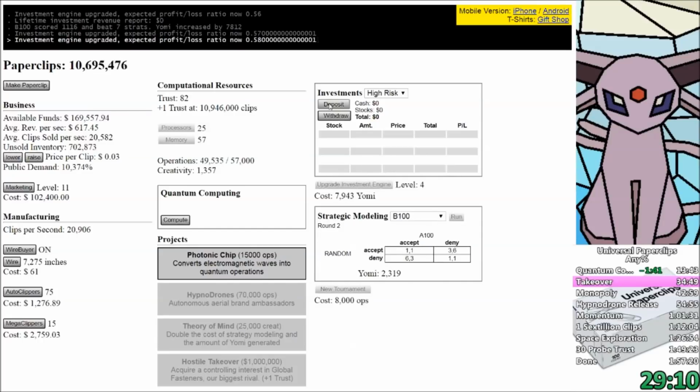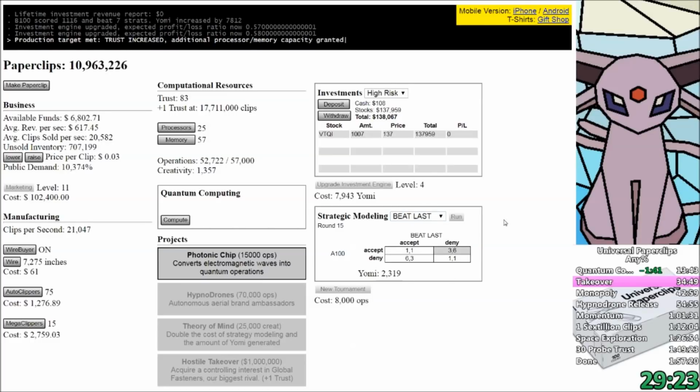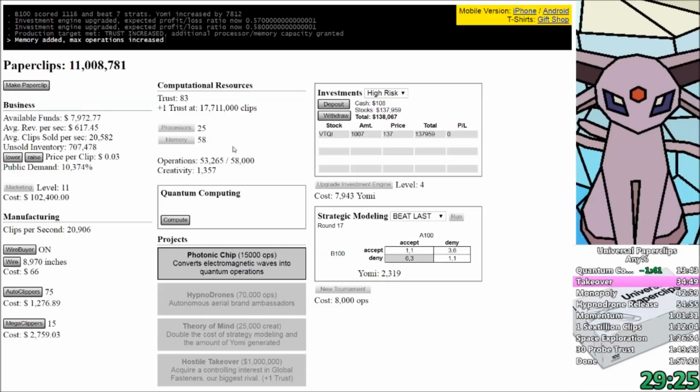So here, it's pretty much always worth it to keep running Yomi tournaments because the stock market is the most important thing right now, even more important than creativity. Of course, creativity is super important, but